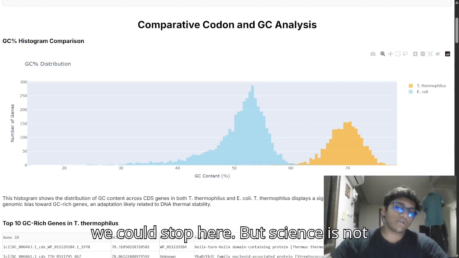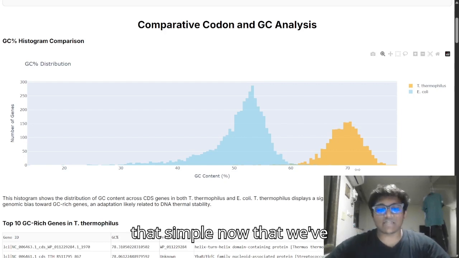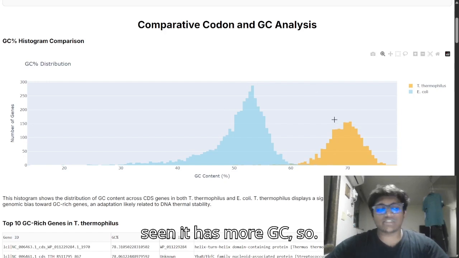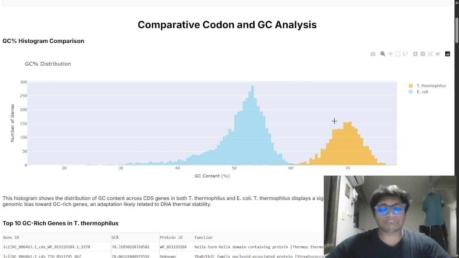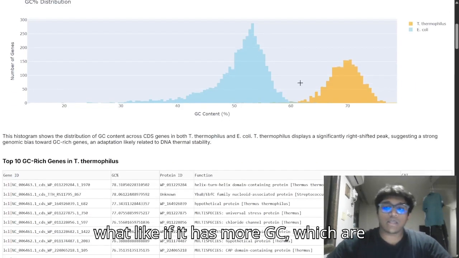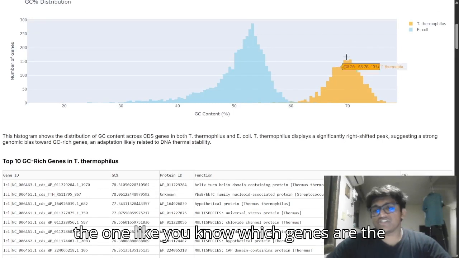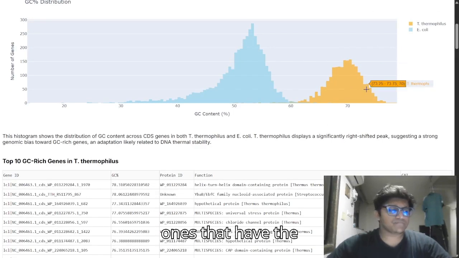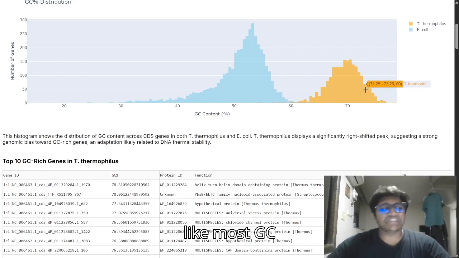So we could stop here, but science is not that simple. Now that we've seen it has more GC, we have this natural question: now what? If it has more GC, which genes are the ones that have the most GC